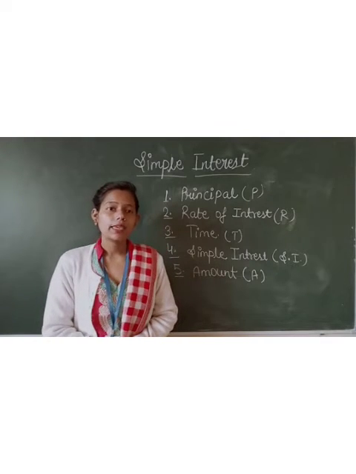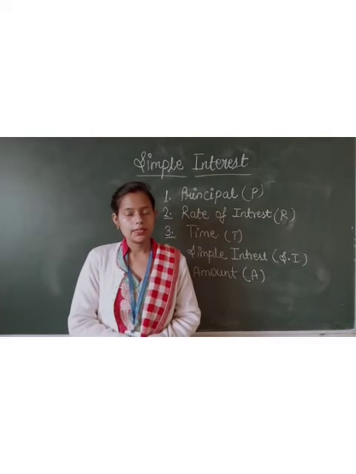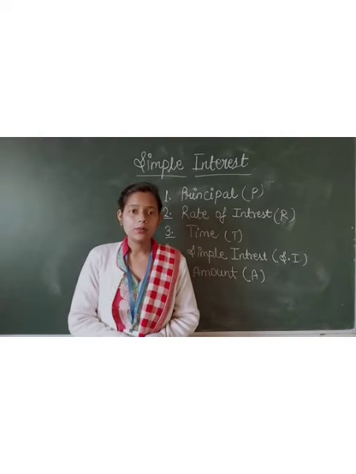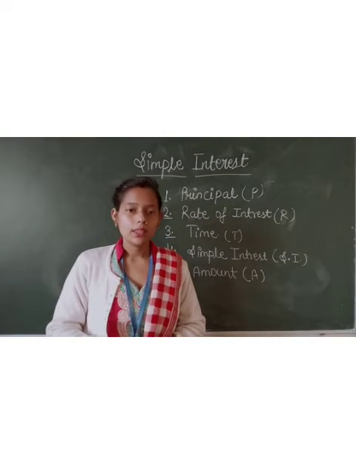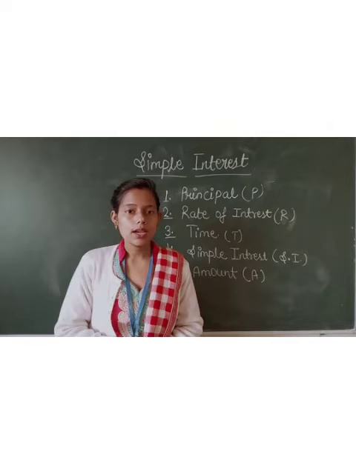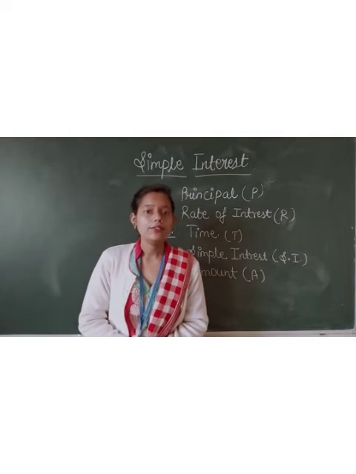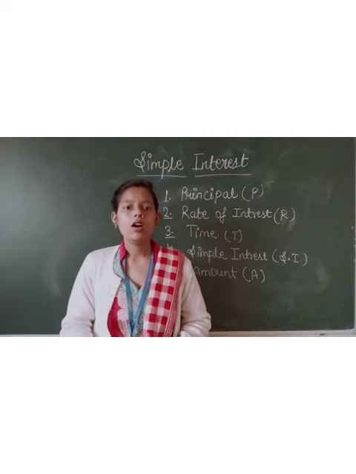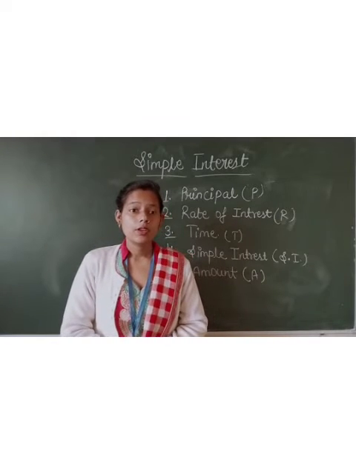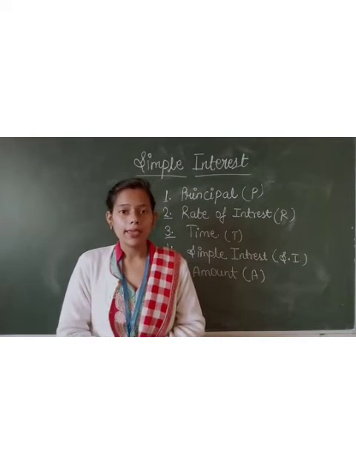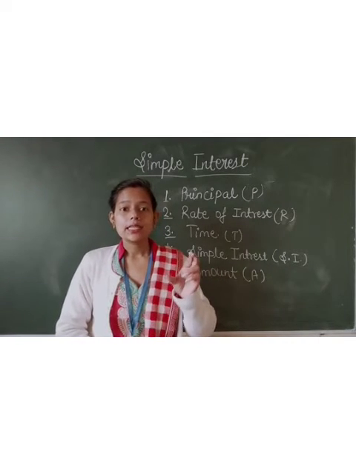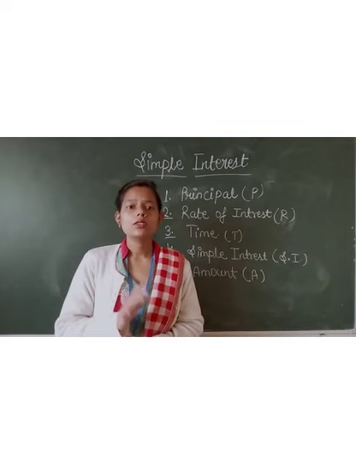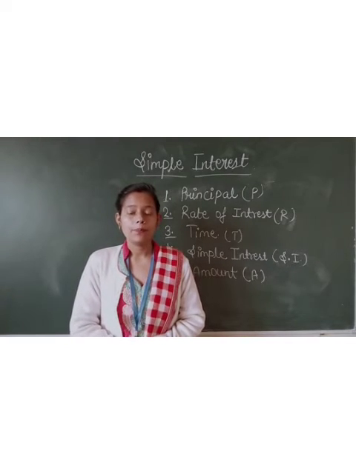Now our next topic is simple interest. Students, if a person needs money all of a sudden, it may be for marriage or for buying property, or so many other reasons. So a person borrows money from the bank, a money lender or another person. When he pays back the money to the bank or the money lender, he pays back some extra amount to the users of money for a certain period of time. This extra amount is called the interest.